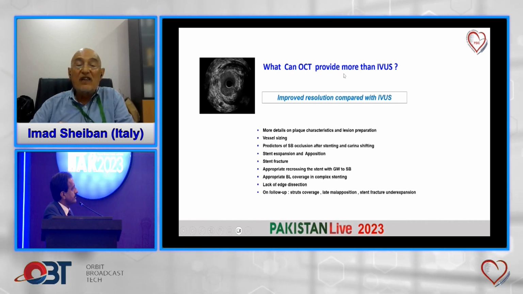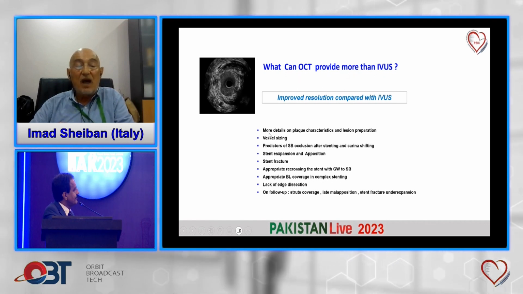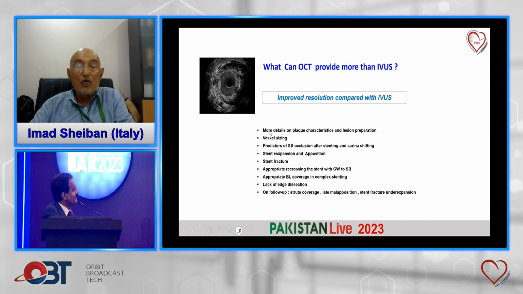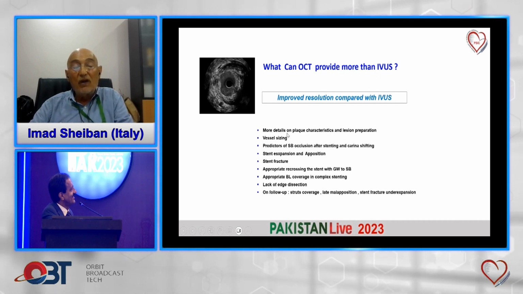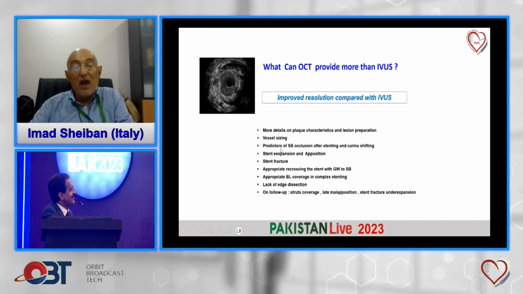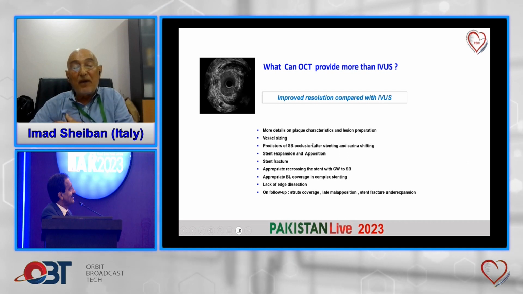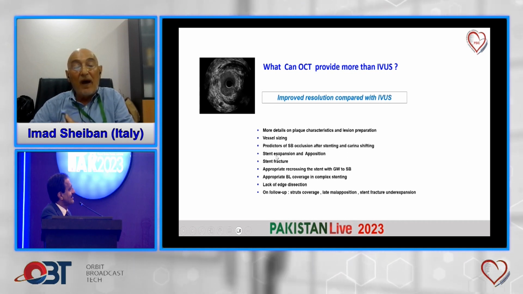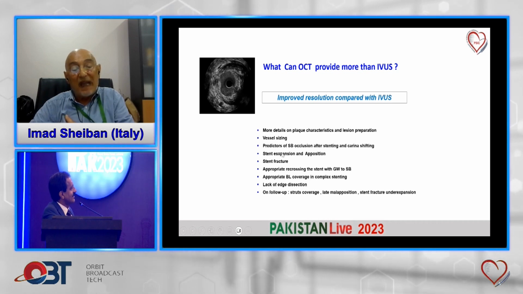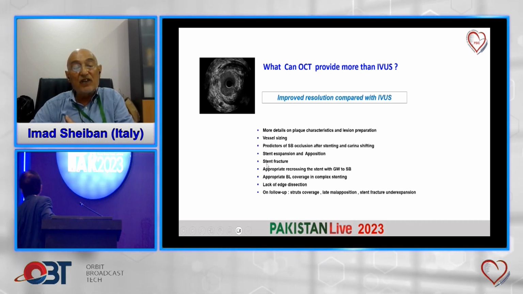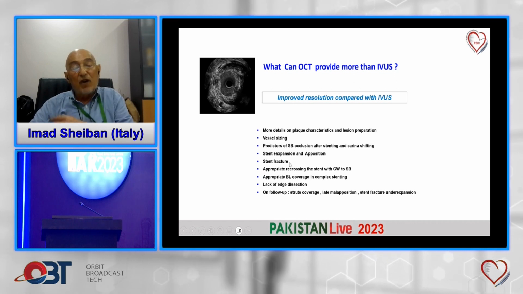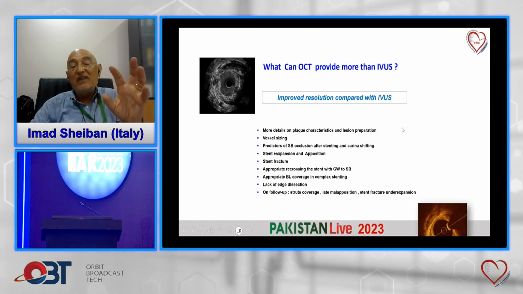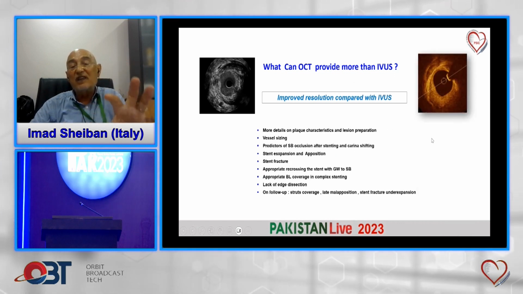What can OCT provide more than IVUS? I think better resolution, that means more detail on plaque characteristics, can predict side branch occlusion after stenting and carina shifting. Again, stent expansion and apposition, stent fracture. So many details can be seen more with OCT than with IVUS,